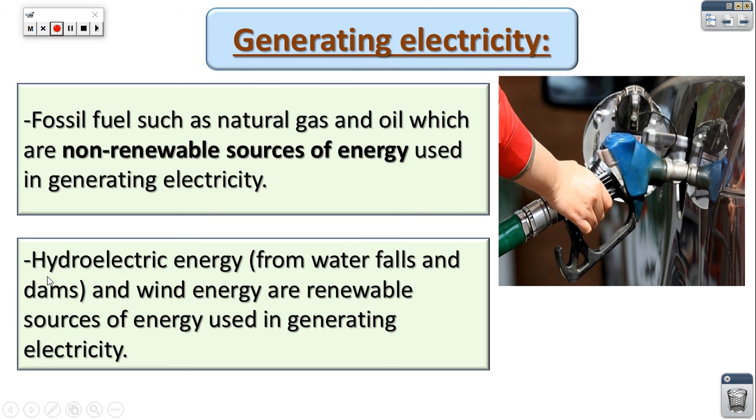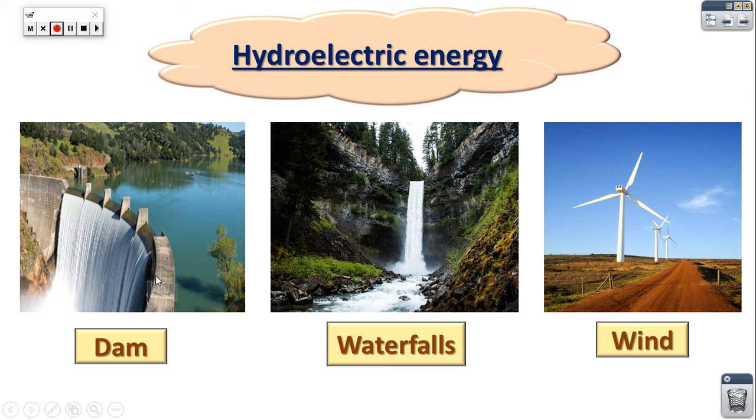But now let's talk about hydroelectric energy and the wind. Hydroelectric energy and the wind are renewable sources that are also used to generate electricity. And don't forget, hydroelectric energy is the electric energy that is produced from water, like dams and waterfalls. And also we use the wind to generate electricity,